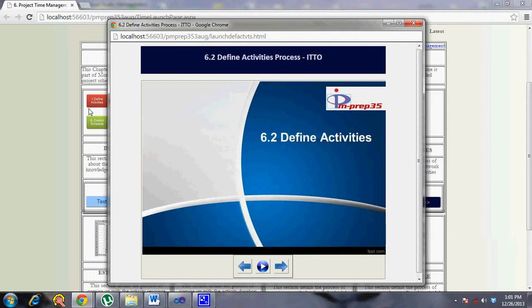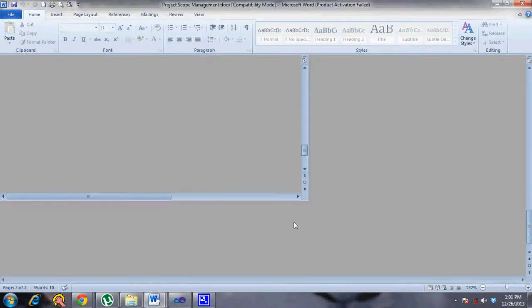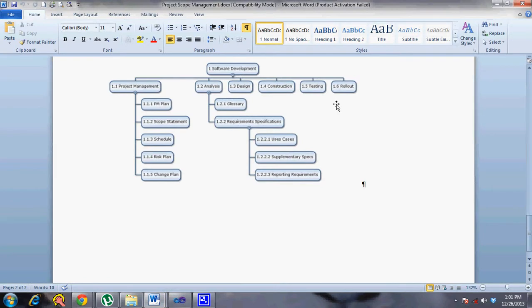So once you develop the work packages relevant to the scope, the work package is nothing but the lowest level in the WBS. You have the phases at the second level, then you have sometimes the deliverables, and then you break that down to the work package level, which is at the lowest level of the WBS. So you take these work packages and you are now in the process of allocating it to your team.